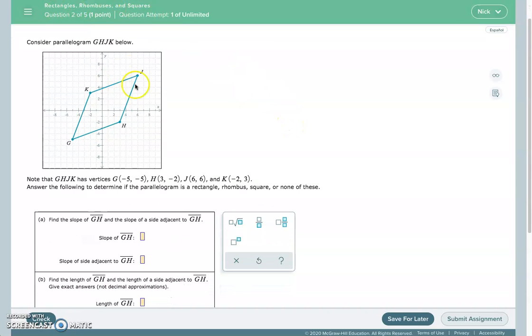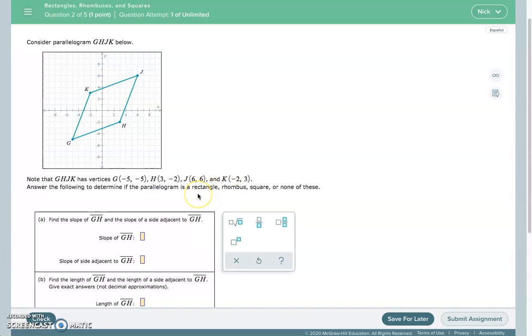So what we're really trying to do is figure out if this parallelogram, and it does say it is a parallelogram, which is helpful, is going to be specifically a rectangle, a rhombus, a square, or none of the above. So we're going to do that by looking at the main characteristics of a rectangle and a